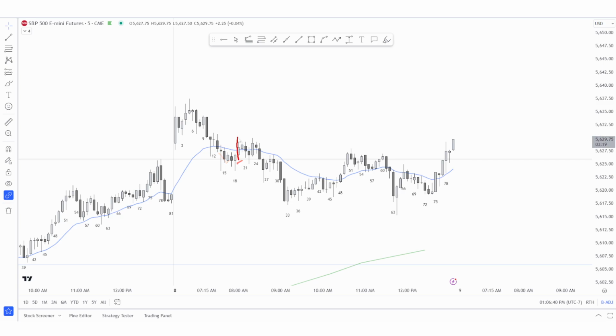Bar 19 races up and pulls back. This creates a double top. I think bar 24 is a good short for a swing. A swing can last up to an hour, catch about 4 to 10 points. I think 4 points is the minimum for a swing. So I think bar 24 was a good swing, and it did lead to two legs lower, leg one, pullback,